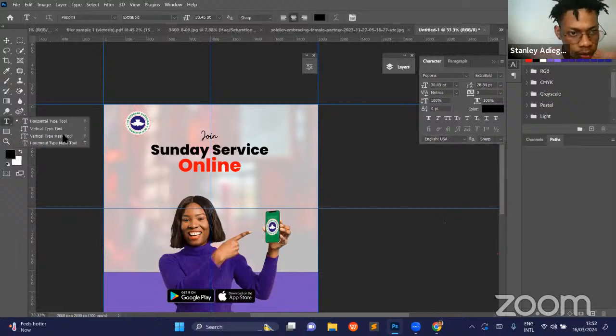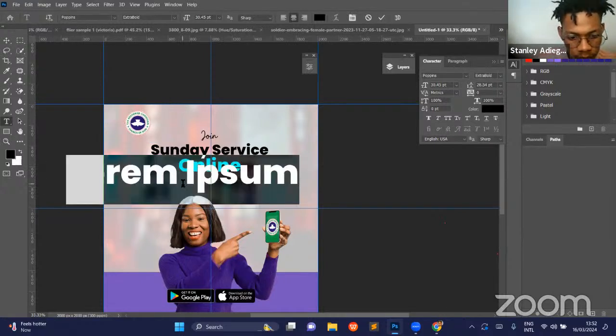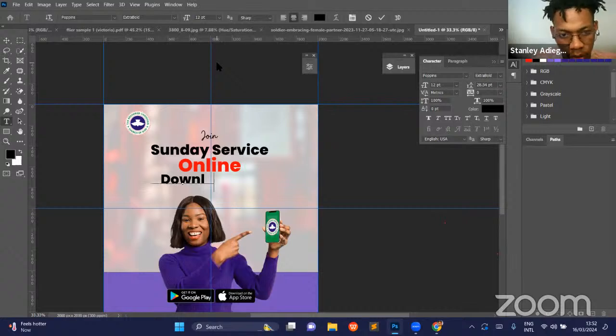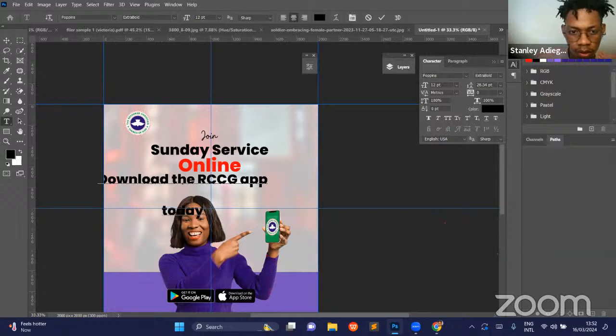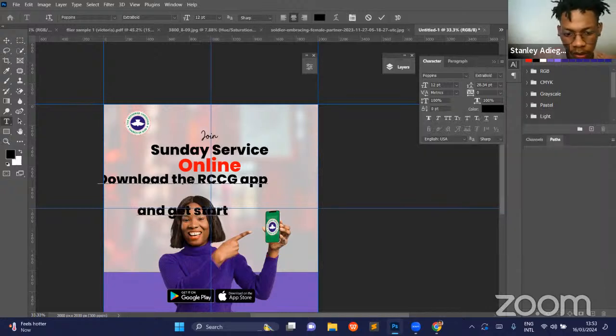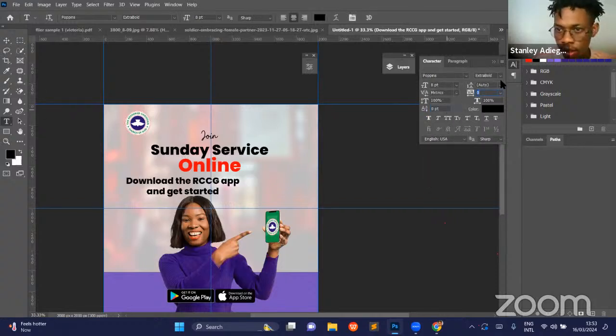So download the RCCG app today. Okay. The RCCG app and get started. Make this auto 8. This is